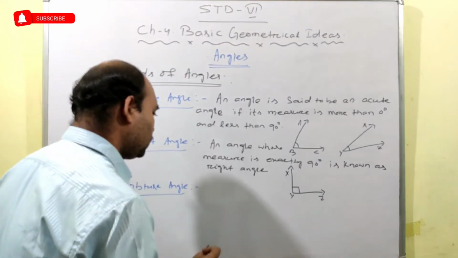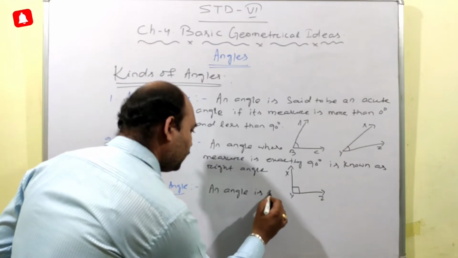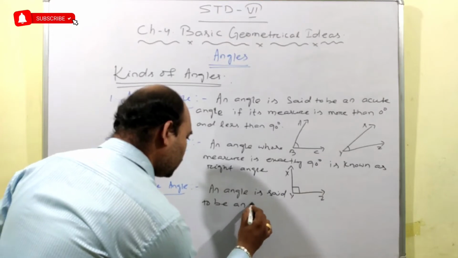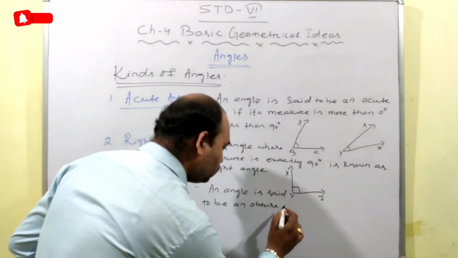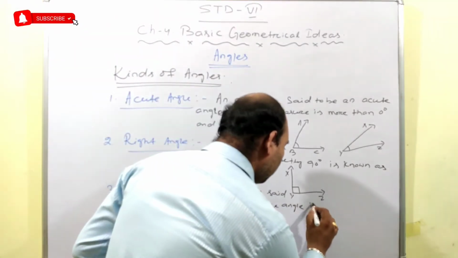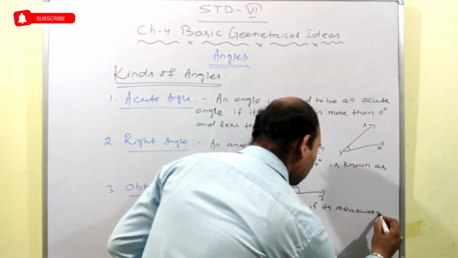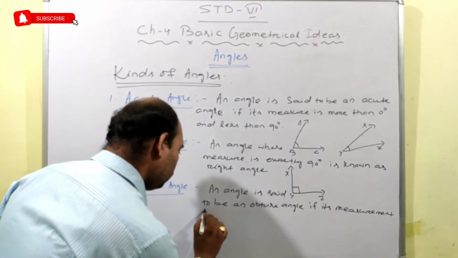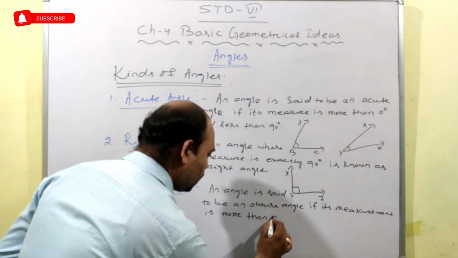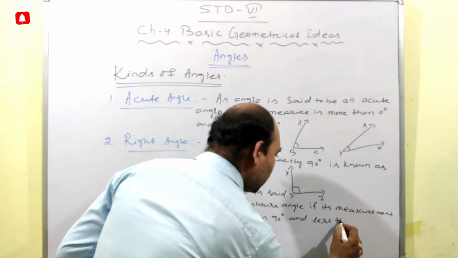Then an angle is said to be an obtuse angle if its measure is more than 90 degrees and less than